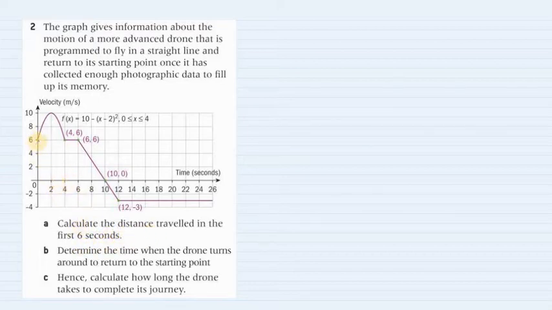First 6 seconds, if you take a look at this graph, we have two regions. One is under this curve. Okay, this is region 1. And then region 2 is this one. It's the rectangle one. So the distance is just the area behind that graph. So we will have A, the distance is equals with area 1 plus area 2,